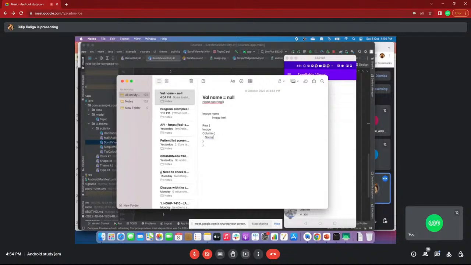Now the image and text should align horizontally. That means I am supposed to create a row again, and inside the row are this image and this text, that's it.